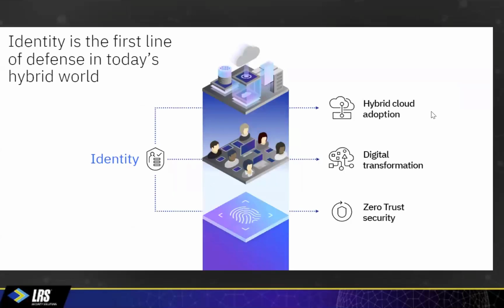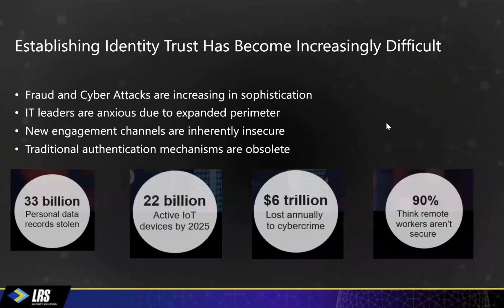Okay, so we'll move a little bit into the privileged access management side of things here. I think everybody's well aware that identity is really that first line of defense in today's ever-growing hybrid and multi-cloud world, and it really is that first shield in fending off these attacks. But as we're continuing to see here at LRS, and I'm sure everybody on the phone is continuing to see, establishing identity trust is becoming really hard,